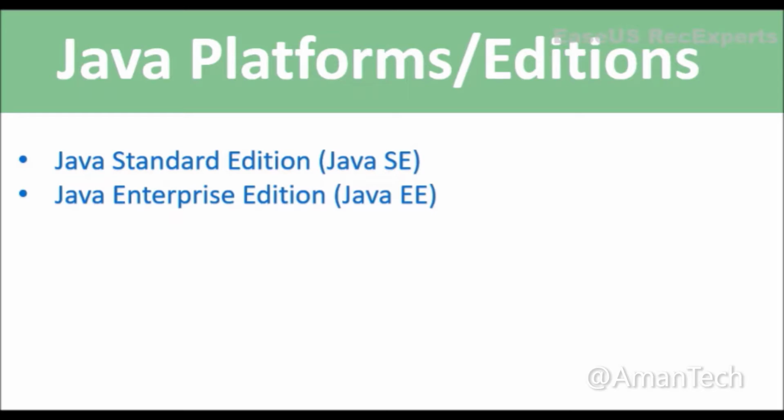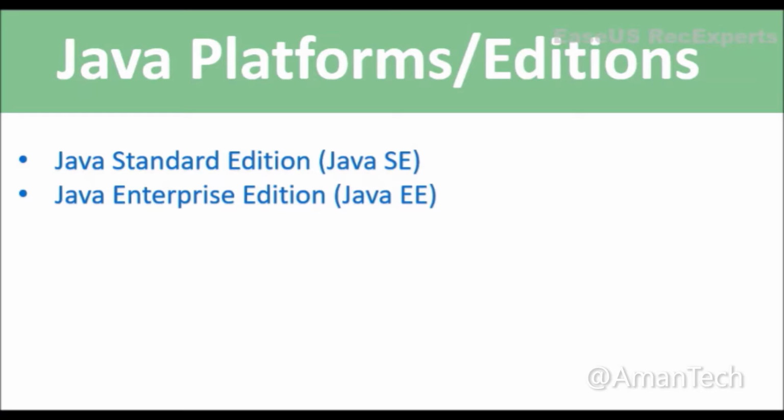The second mainly used edition is Java Enterprise Edition, which is also known as Java EE. It's an enterprise platform which is mainly used to develop web and enterprise applications. It is built on top of Java SE. That means all the features which are there in Java SE will be there in Java EE. And additionally, it will have topics like servlets, JSP, web services, etc., which will be helpful for enterprise application or